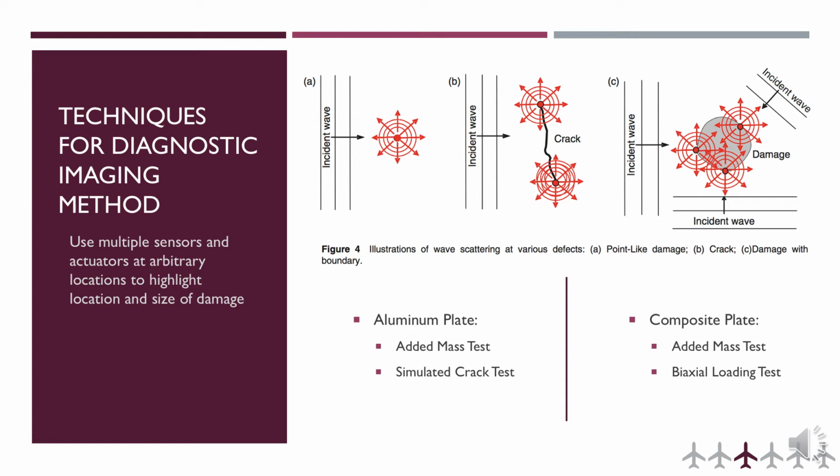The same added mass test is conducted as previously used for the aluminum plate. And the final test is the biaxial loading test. This involves exerting cyclic loading on the composite plate to stretch the material until failure occurs. The specimen is then tested by sending out waves and measuring what is scattered back to visualize the size and